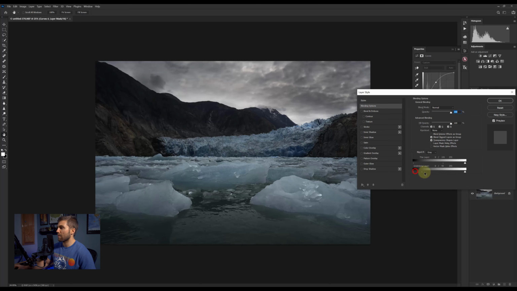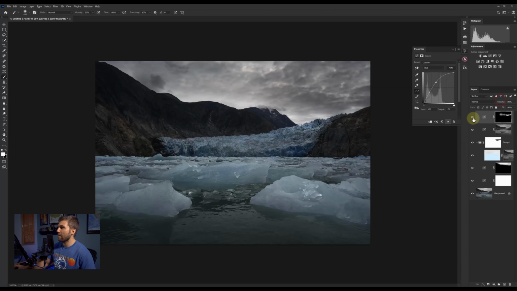I just hit Alt or Option. And this is kind of how I process. I'm always coming back. I have to fine tune things, and that's how it should be. So I'm going to click OK. Here's before, here's after. And if I really want to clean that up, with my layer mask selected, I can